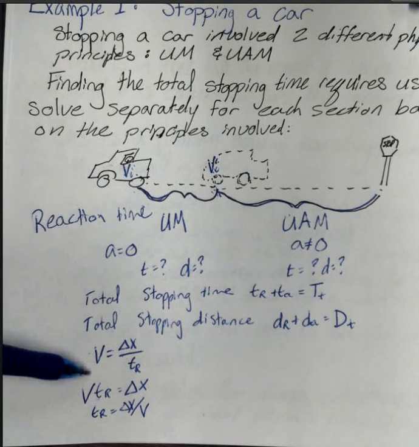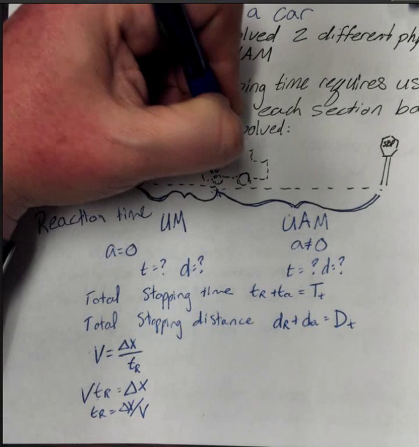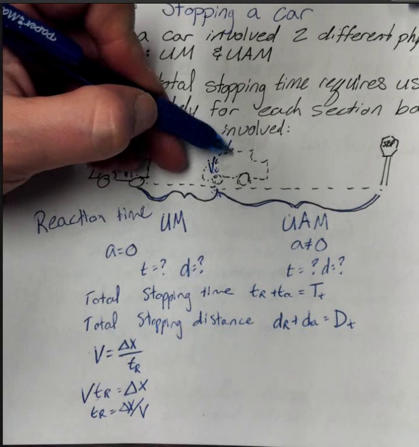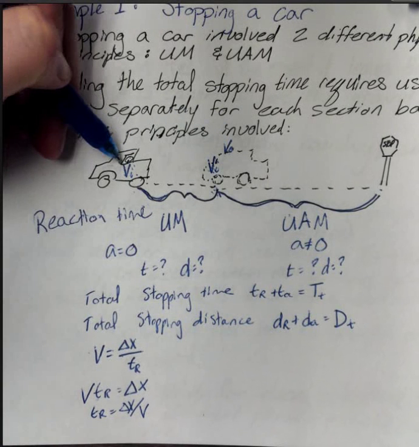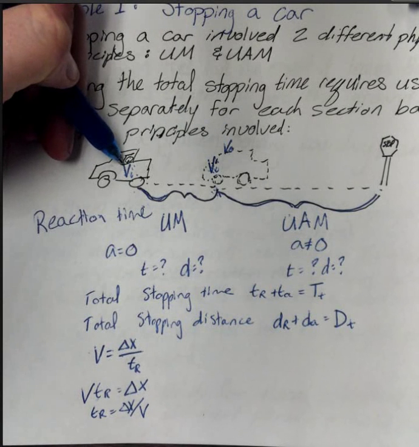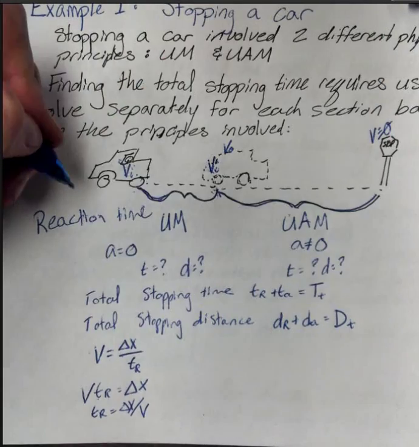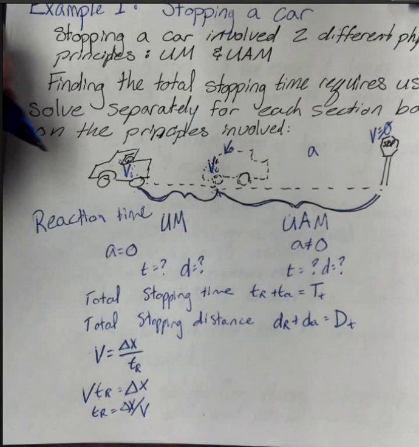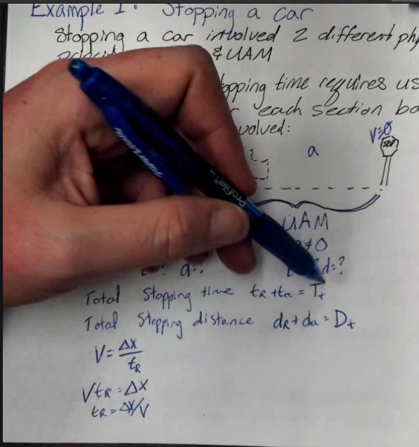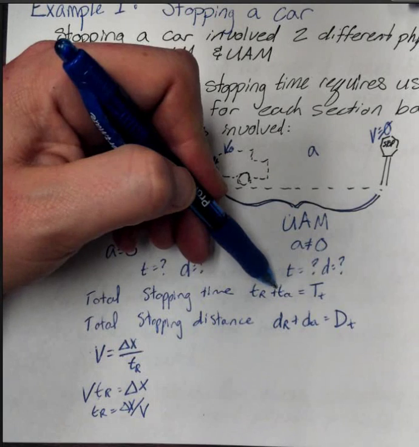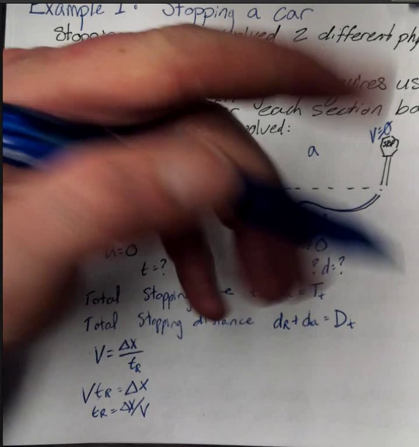There's no other relationship that you could find true when acceleration is 0. That's all you need. In uniform accelerating motion, you know that you start right here. The moment that you hit the brakes, you were traveling some velocity. This velocity is the same velocity you were traveling over here because acceleration was 0. And you know over here your final velocity was 0. So you have some acceleration A that happens here. And now you can use, depending on if you're solving for the total stopping time or the total stopping distance, displacement, you would either use